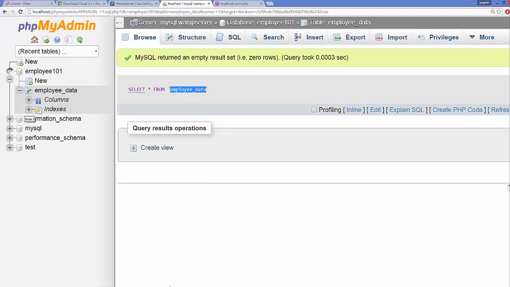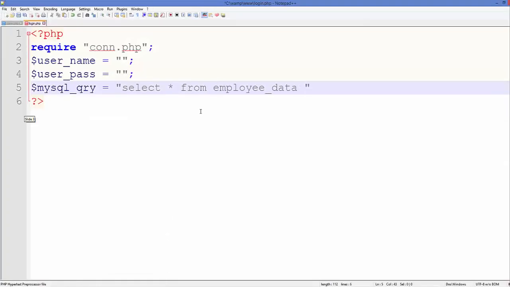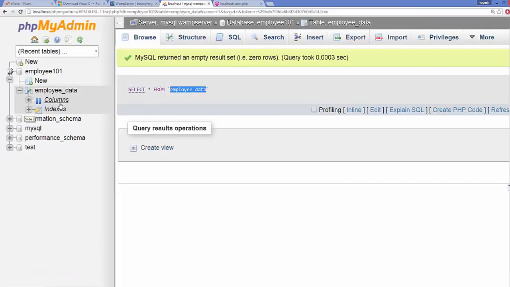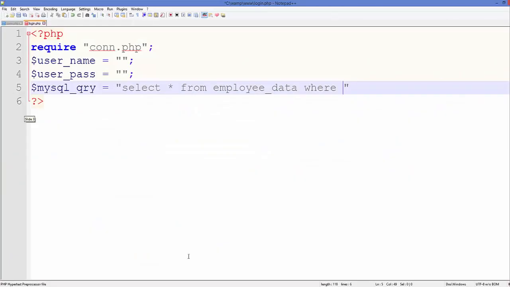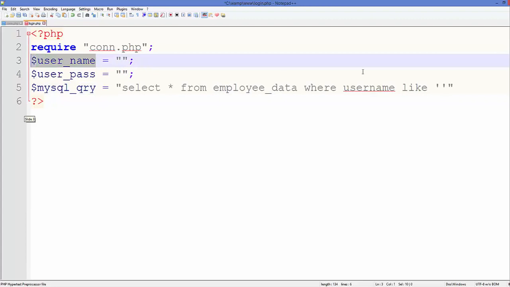So just copy the same name and paste it here, and then just write where clause, and in here we are going to check username and password, right? So we want to check the column name username and password, right? So where username like your username variable, so in the single quotes you just need to copy this variable and paste it here, and